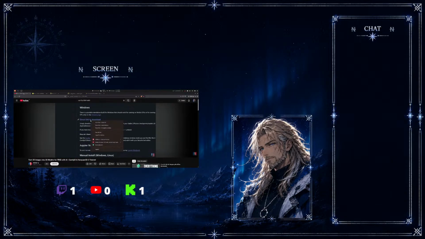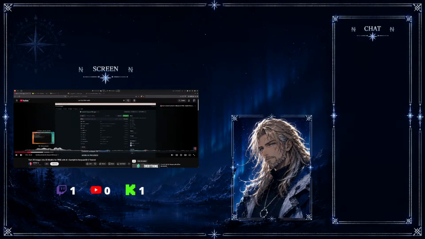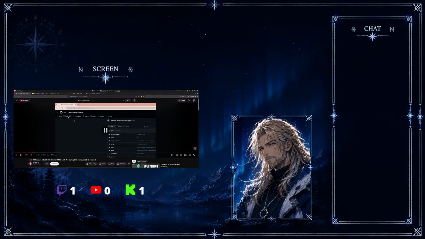To get started, you first need to install ComfyUI. I've made a dedicated video guide for this, so if this is your first time using it, watch that video first. You'll also need to install the Hunyuan 3D wrapper nodes, which is an extension that runs on top of ComfyUI. While there is a guide available, it might be a bit overwhelming, so I will walk you through it step by step. If you encounter any issues with these nodes,